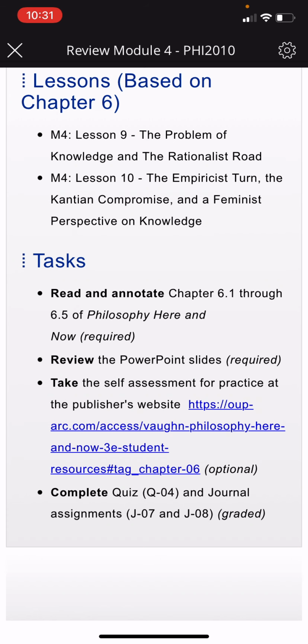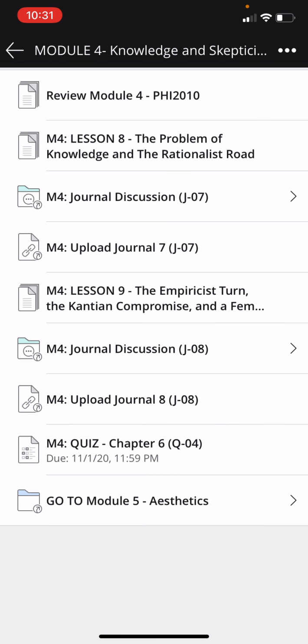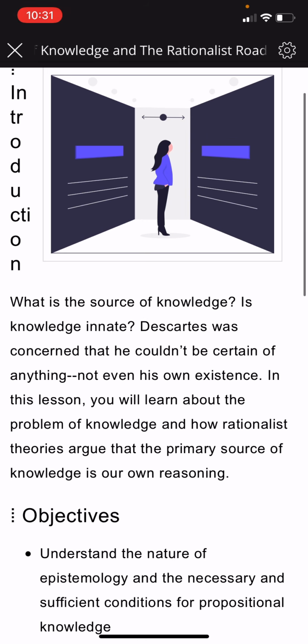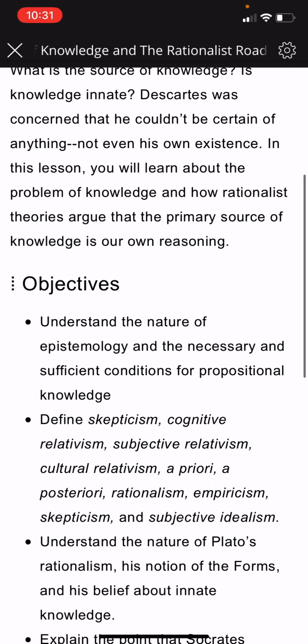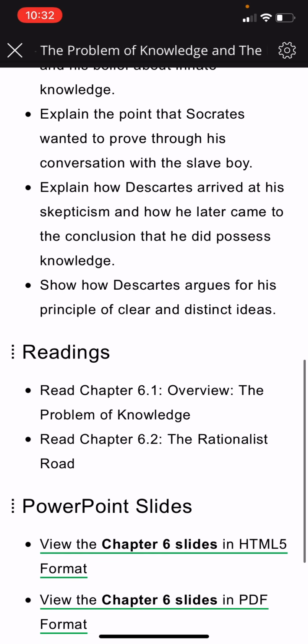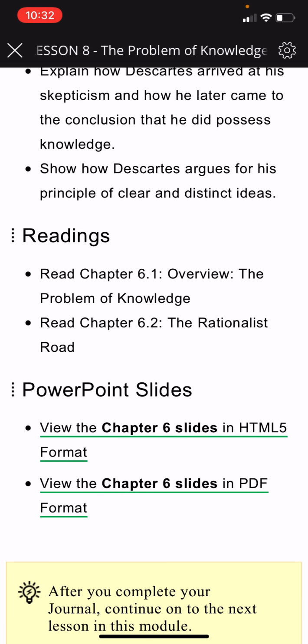We need to click the X to get out of here. It won't let us page forward automatically. And then we go to the lesson that happens to be for the week that I'm recording this, which is module 4, lesson 8. And this module header page will give us a preview of what you're going to read about and what you're going to write about for the week. So it gives you the objectives of the lesson, reminds you of the readings, and here are the PowerPoint slides that you should be viewing for every